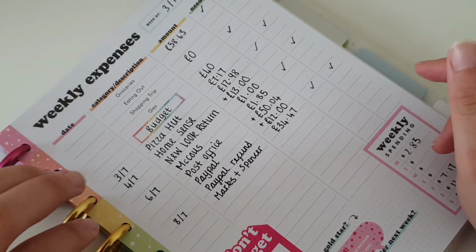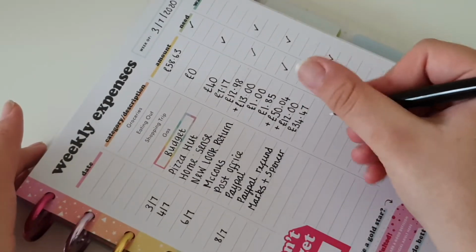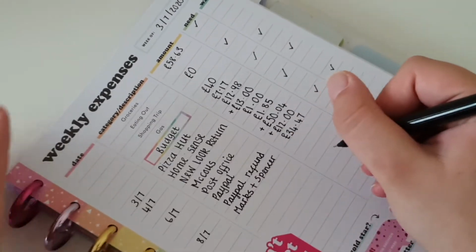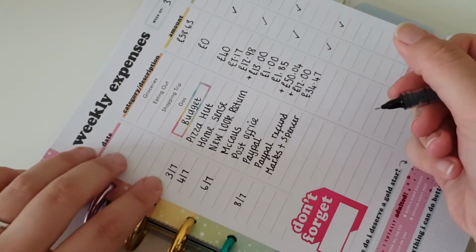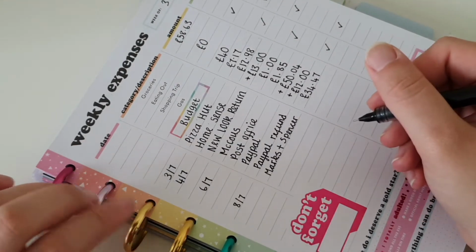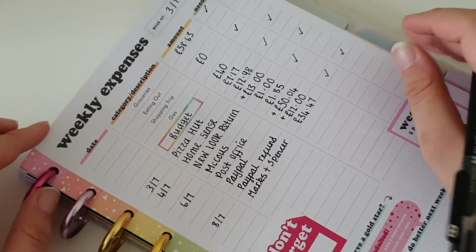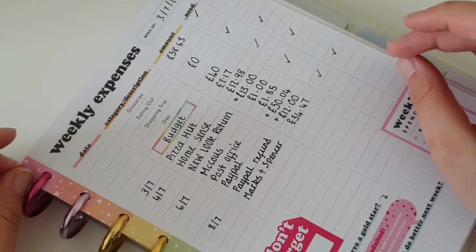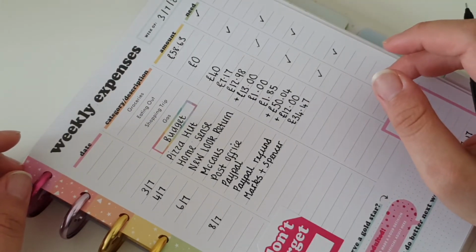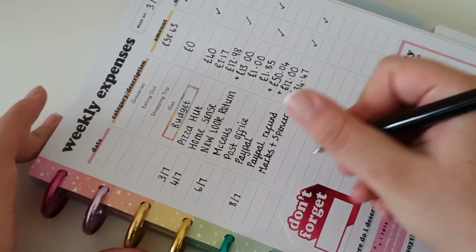So I ended up spending quite a bit there, and then I also had something else come through that basically it was a de-stash, something that I didn't want, and the money came through for that as well, but it came out, it was more the 10th, but I am going to put it as the 9th,